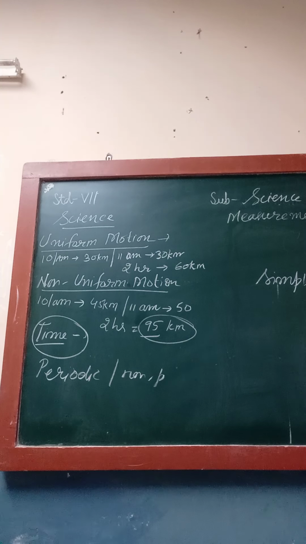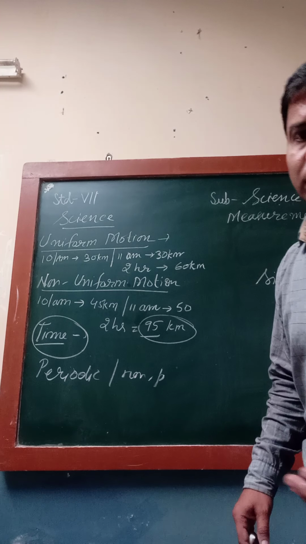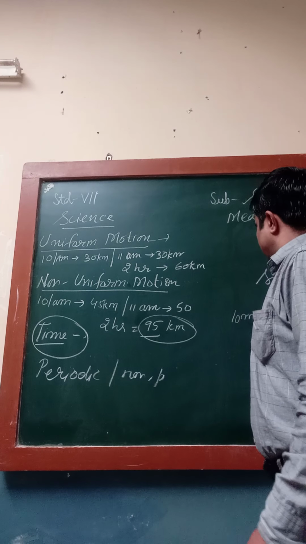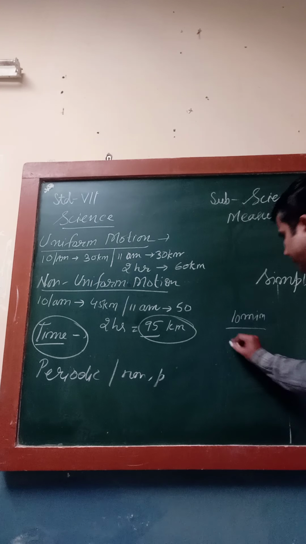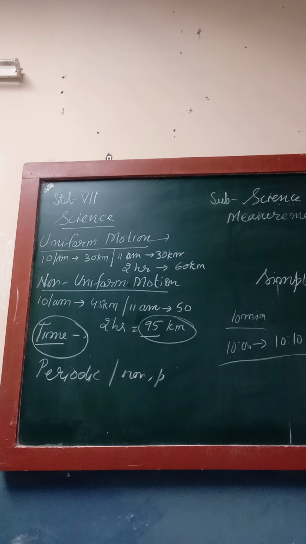In periodic conditions, time runs periodically. If I am taking a 10-minute class and I start at 10 a.m., then I must end it at 10:10. That is a slot of 10 minutes. Day also belongs to time, night also belongs to time, and seasons change due to the change in the time period. In a 6-month slot we have the summer season, in a 6-month slot we have the winter season; springs and autumns also depend on time.